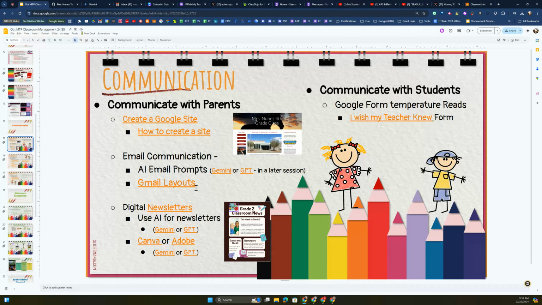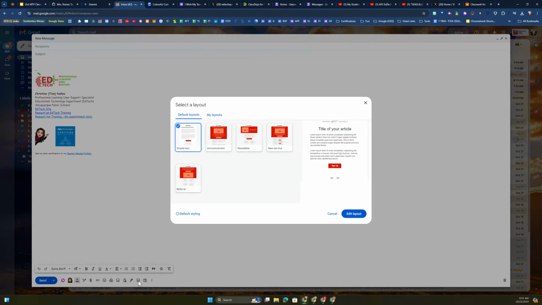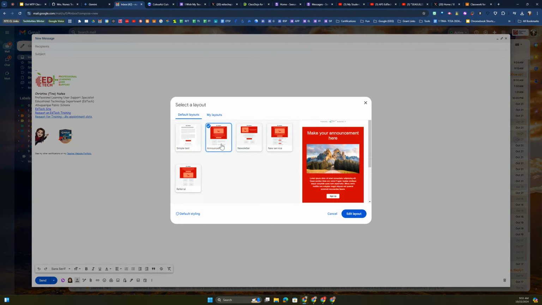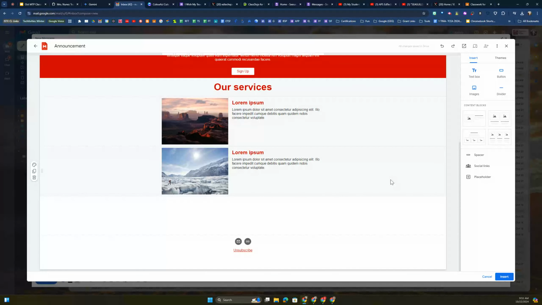In this slide deck, I also have the idea of using Gmail templates. So inside your email, you go here to select layout, and you can create this in a specific layout that you can send and edit for your classroom